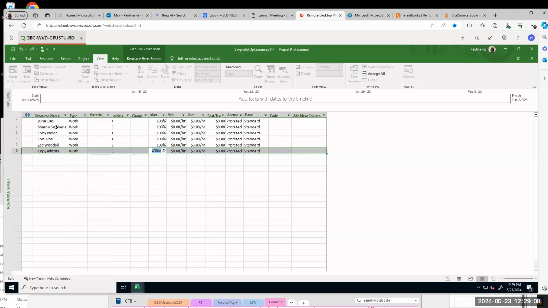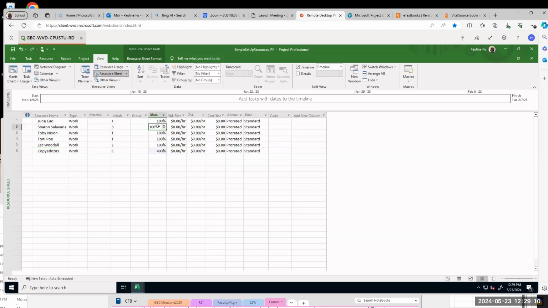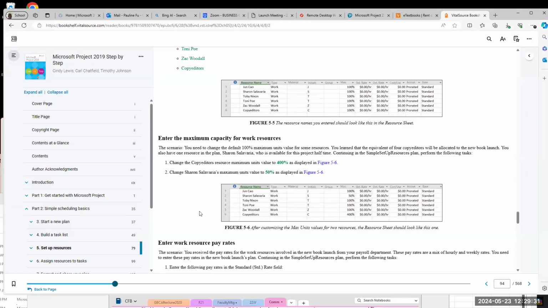So you locate Sharon Salaveria. This is the maximum unit, change to 50%. All right, questions?